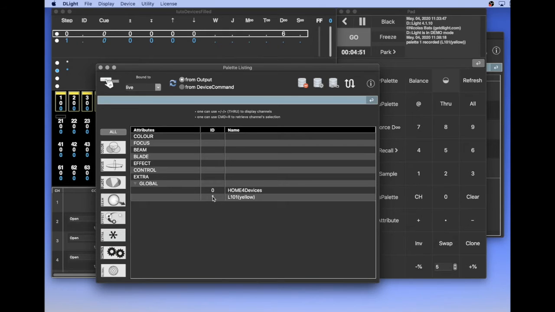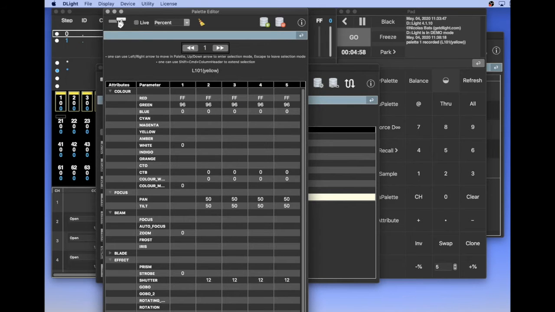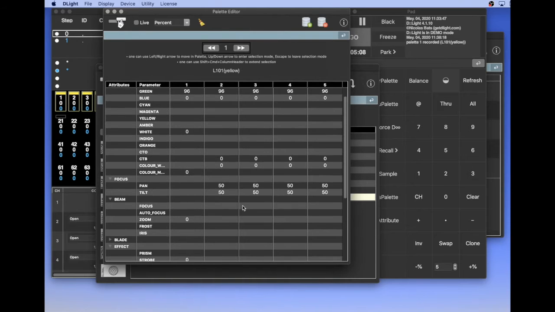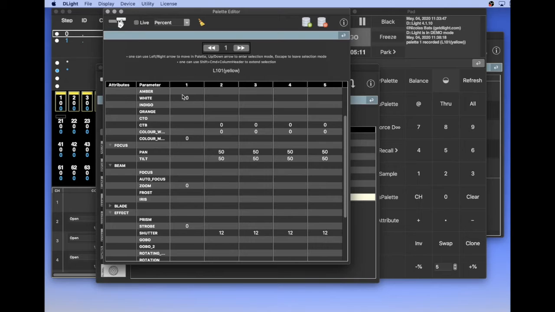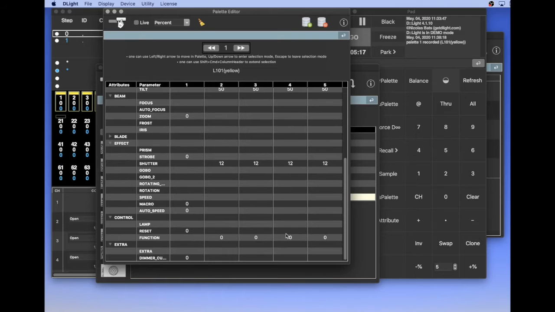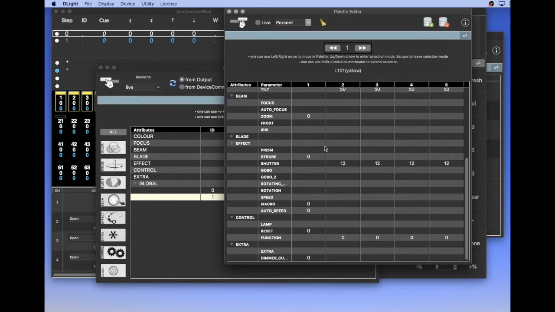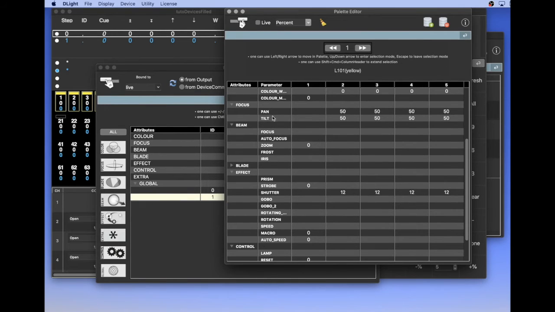It means that if I select it and edit the palette, it has been recorded with color levels, but also with focus level, with the beam for channel 1, with effect for all devices, etc. This is generally not what you want, because if you apply this palette as it is recorded with focus level, each time you apply this palette, the device will go back to this position.